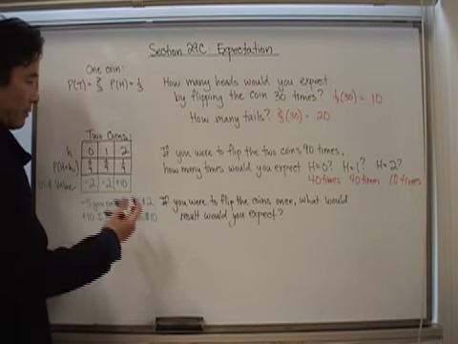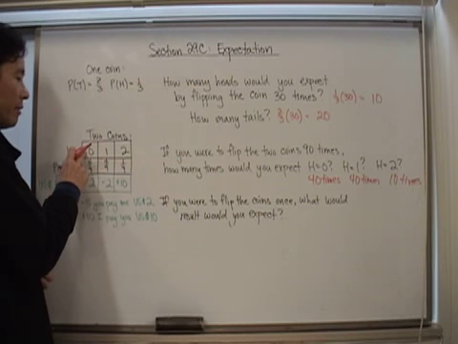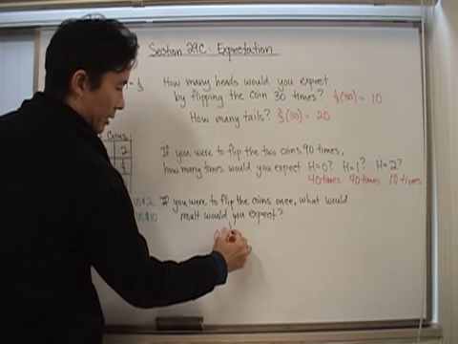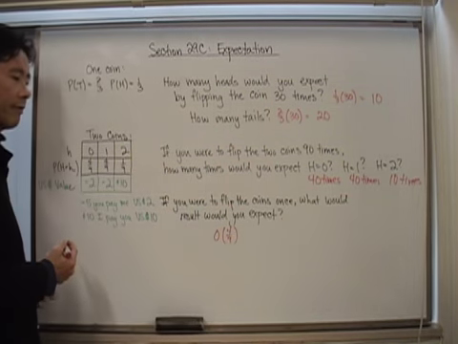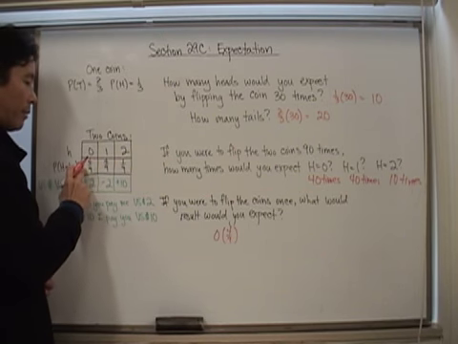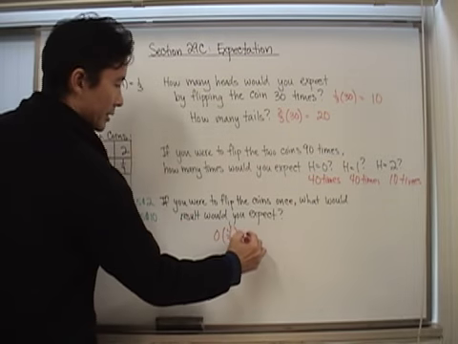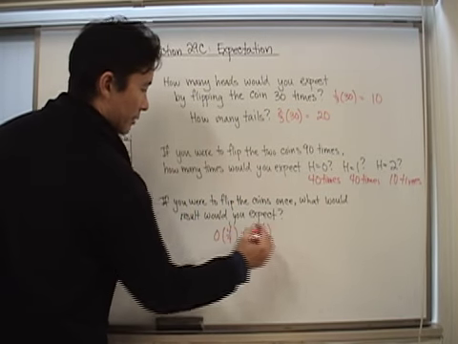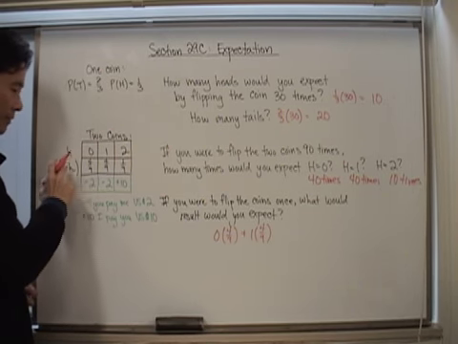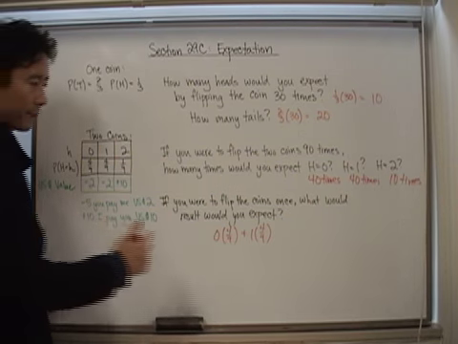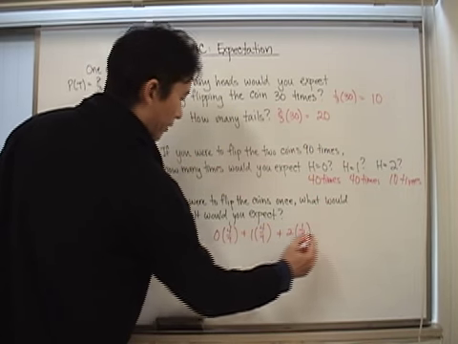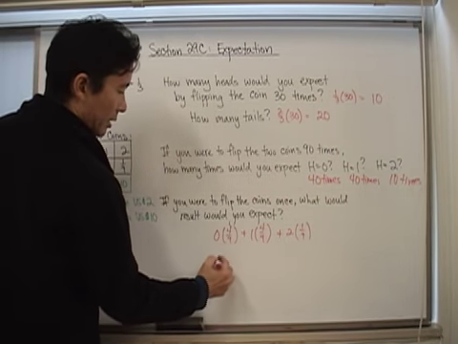Now, what I'm going to do is I'm going to do it this way. I know that the probability of coming out with no heads is 4/9ths. So if I get no heads, I multiply it by the probability, thinking about how much this value is weighted by the probability associated with it. And I do the same thing with 1 times 4/9ths. So notice I'm taking the value of h and multiplying it by the probability of that particular random variable value. And then this is going to be plus 2 times 1/9. And if I was to show what this is equal to, of course this is 0.